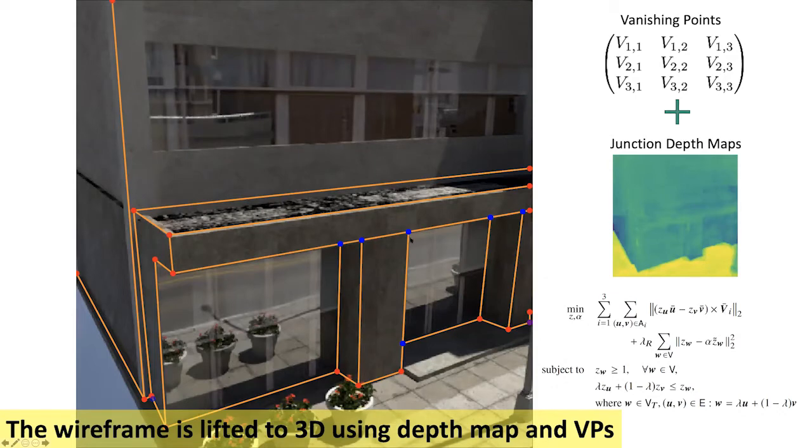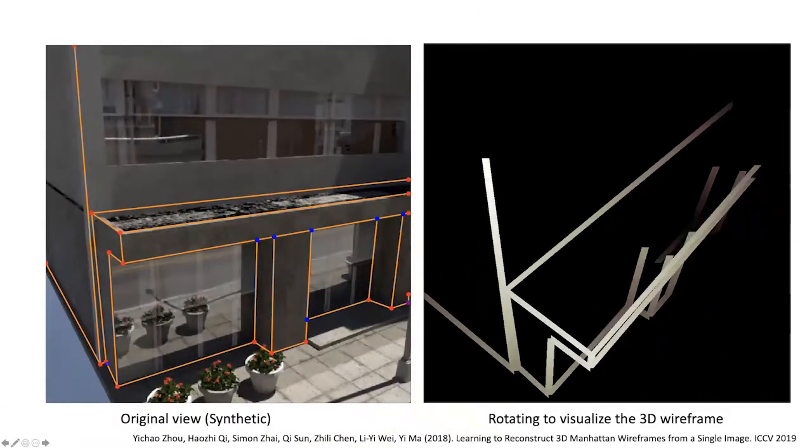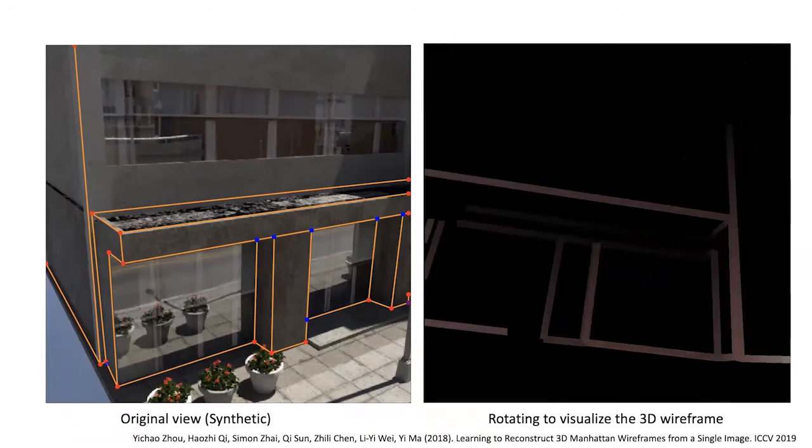And then once you have those components, the junctions and the lines and so on, and also the vanishing points, you should be able to combine them by solving an optimization problem, combining the geometric relationships. You can relax it as a complex optimization to get the 3D model. Okay, so these are the results, right? From a single image, at least conceptually, this paper verifies it's possible, right?